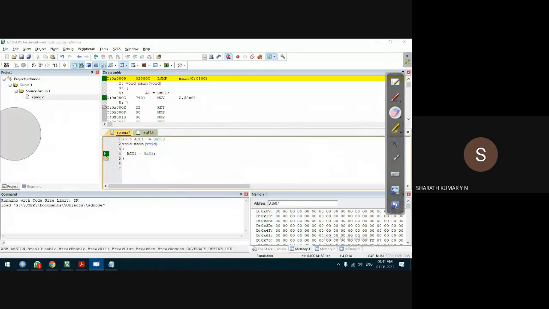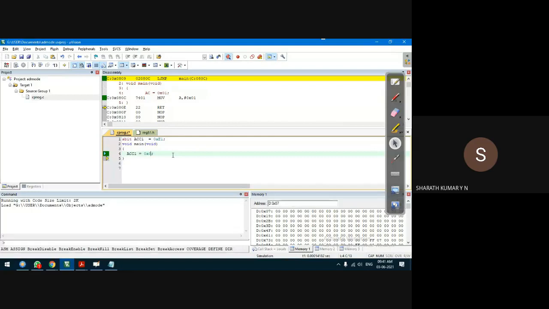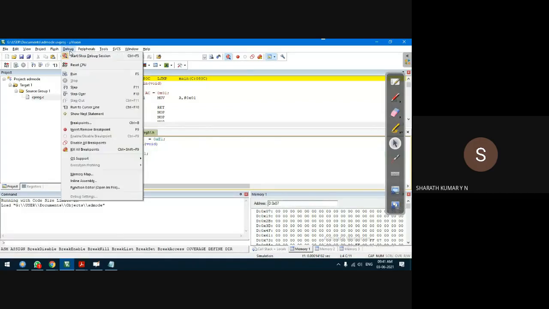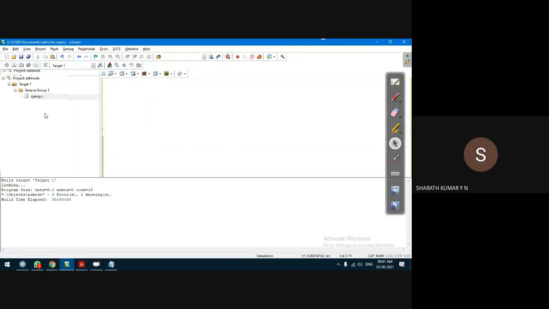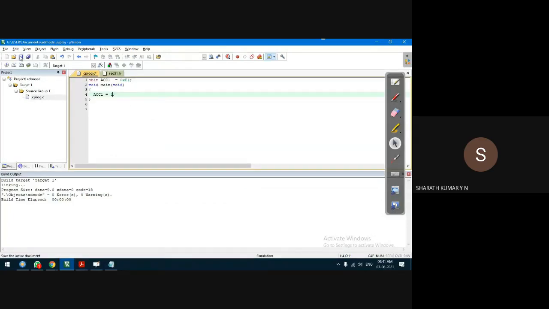This bit should be 1 bit. How to specify 1 bit in the C language? It's very simple. It's 1. That's all. It will take it as 1 bit, no problem. Let us run this program and see how the compiler handles 1 bit of data. Save the code because I modified the code. Right click on source code, build target to check for syntax error.